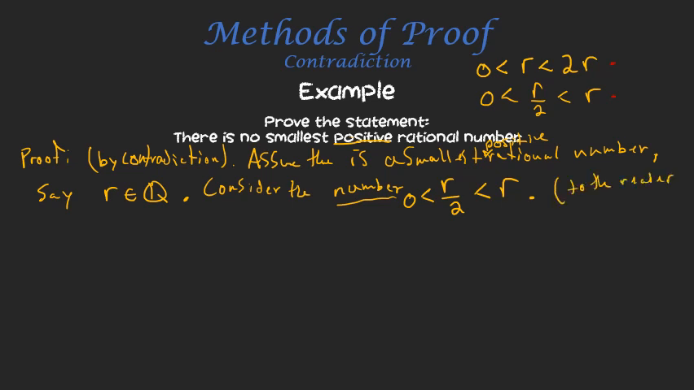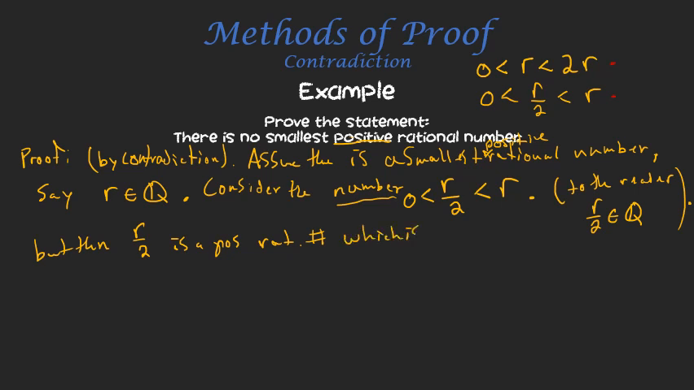To the reader, r over 2 is rational. Not too hard to prove, but maybe a useful exercise for you to do that. And so if we manage to do that, what we have here is a rational number which is smaller than r. I'll say, but then r over 2 is a positive rational number